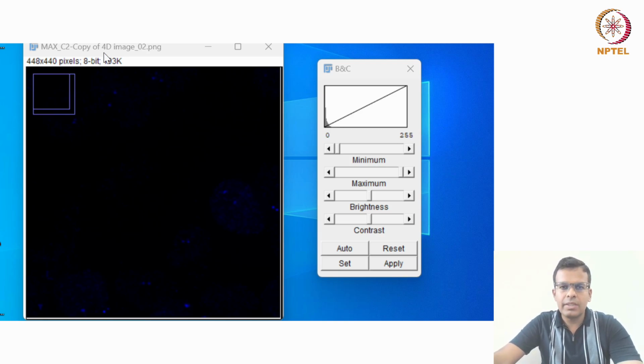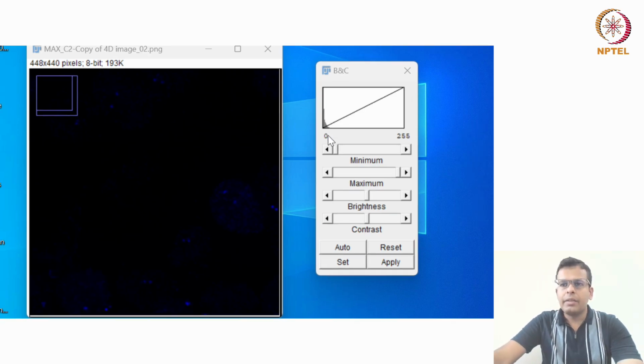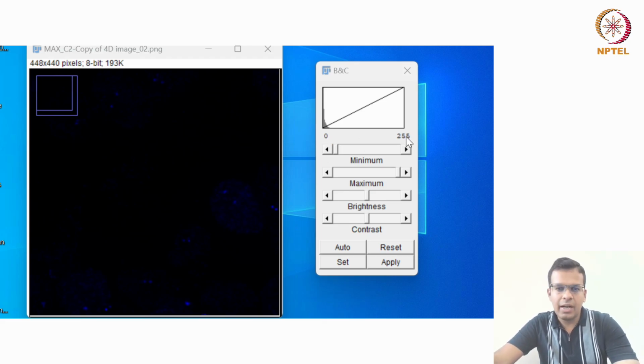So this is an 8-bit image captured by an 8-bit camera, and I'm opening this image on the computer screen, so it is not doing any reduction in the bit size. You can see now all the pixels are displayed here. Here 0 represents the bright pixel and 255 represents the dark pixel.